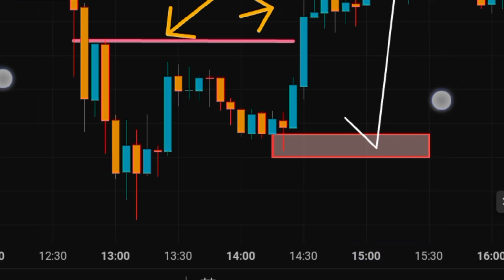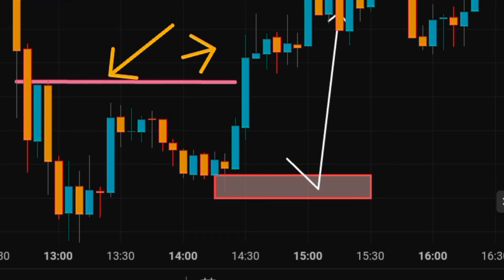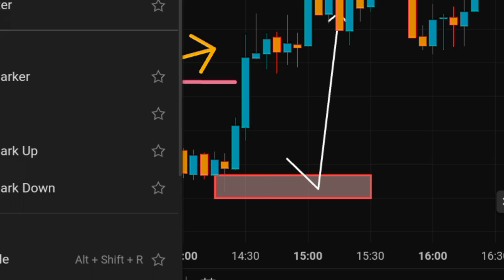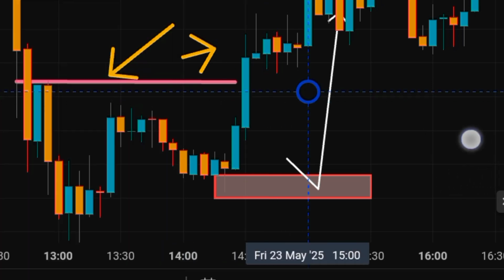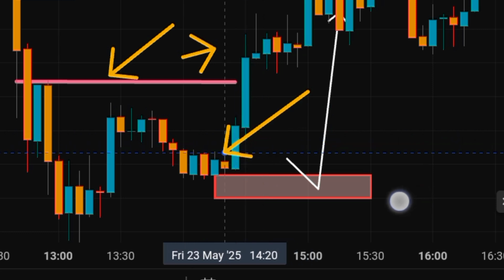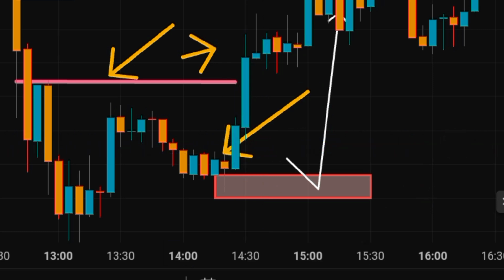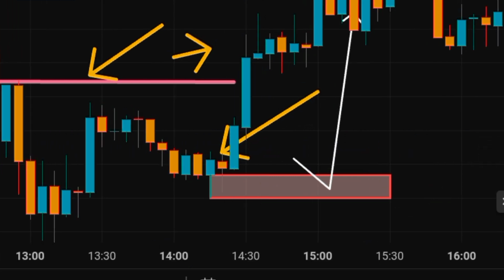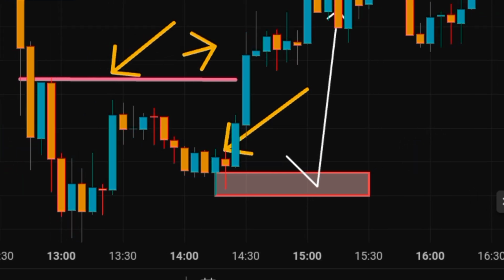But what happened? This market didn't come into this zone. As you can see, a nice imbalance right here. See fat candle, see fat candle. These candles are so beautiful that we wait for this market to come into this zone, but yet it doesn't come in. So this is to show you that imbalance doesn't fill as quick as possible,